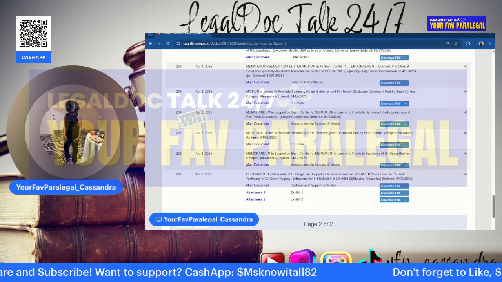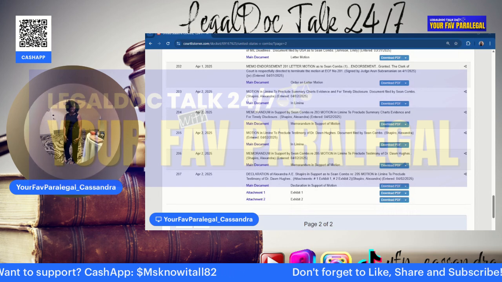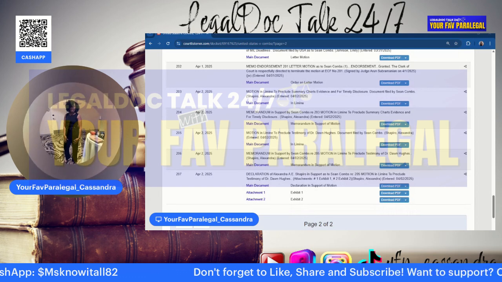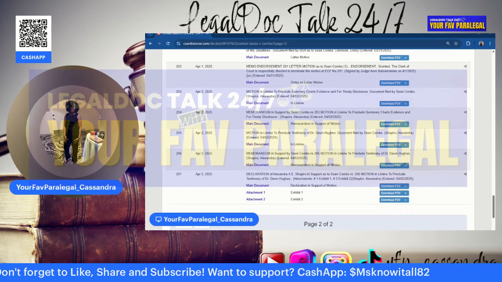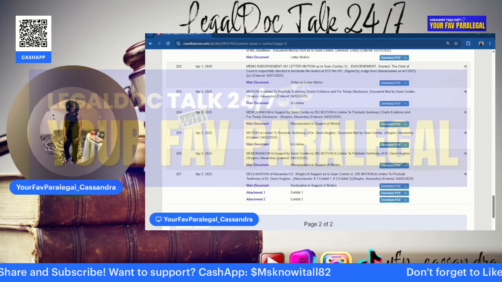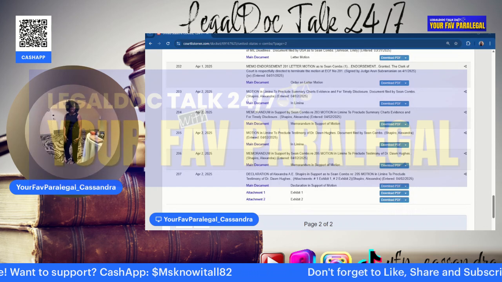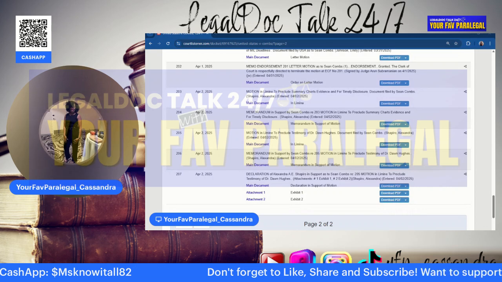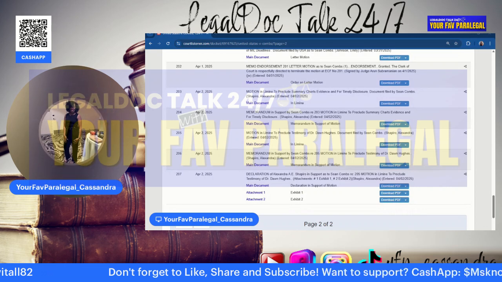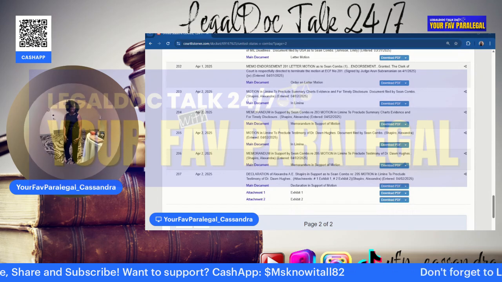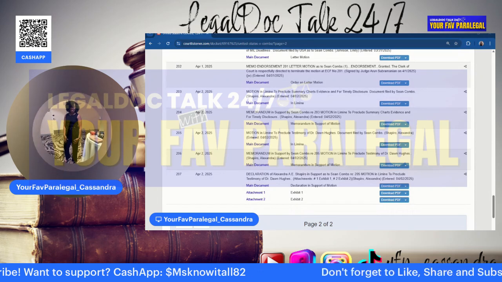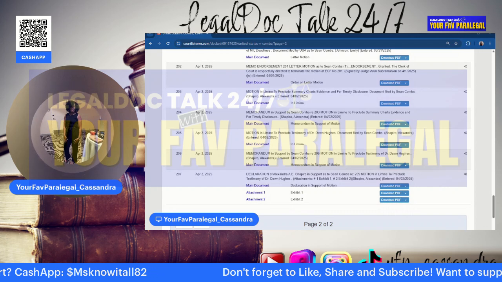So, like I said, two motions in limine were filed on the second, and a motion in limine is pretty much a request to the court to request that specific evidence or arguments be excluded from the trial. The goal is to prevent, once again, that evidence or that testimony from ever being presented in front of the jury. Hope that makes sense.